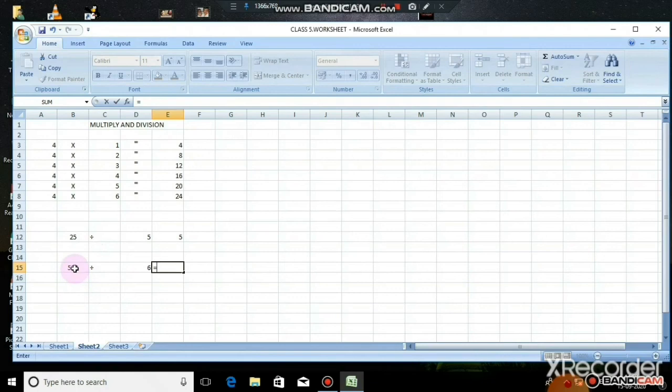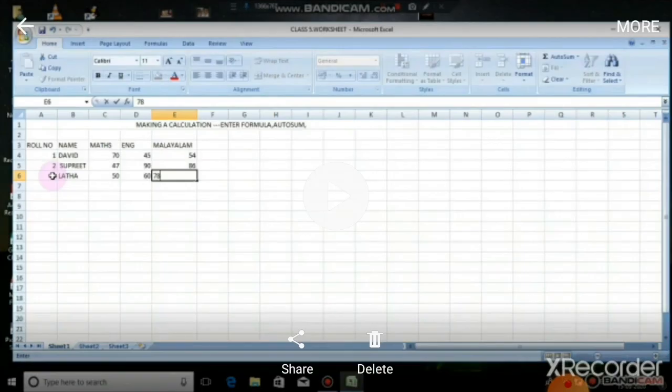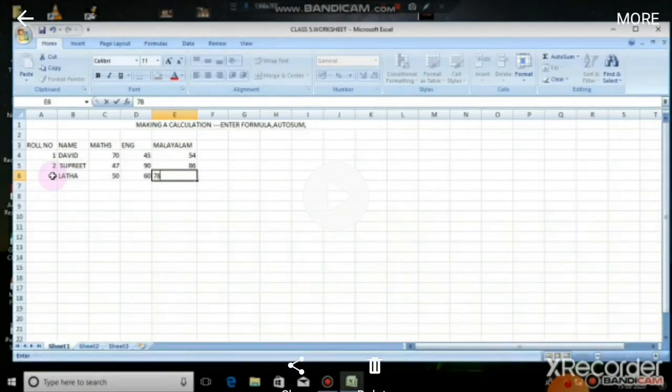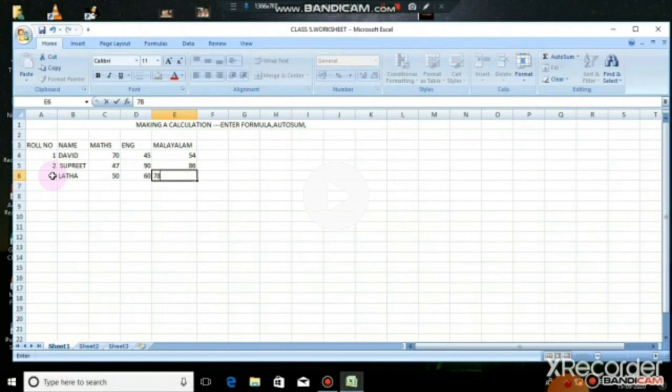Next is 550 divided by 6. So B15, slash, and the next one is D15. Press the enter key so that you can find the result in the next cell. So this is a way to do addition, multiplication and division in your spreadsheet. You can do all the arithmetic calculations by using spreadsheet software. Clear, children?